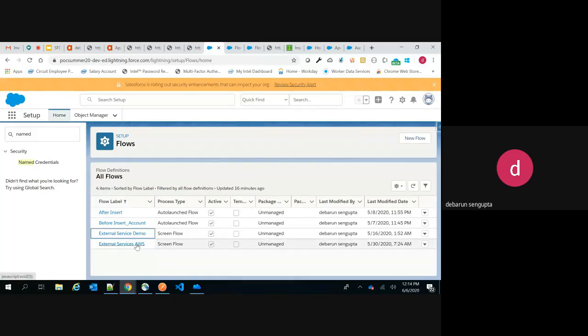But you have to keep in mind that if the payload, the body you are sending for a post call, is of a complex structure, then external services is still not mature enough to support that. If it's a simple body that does not contain complex objects, then it will work. I have done that for an Amazon API gateway where we are doing a post call with an object type, so it is working in that scenario. But if within an object you have another object, that kind of complex schema, it will not work. Okay. Thanks.